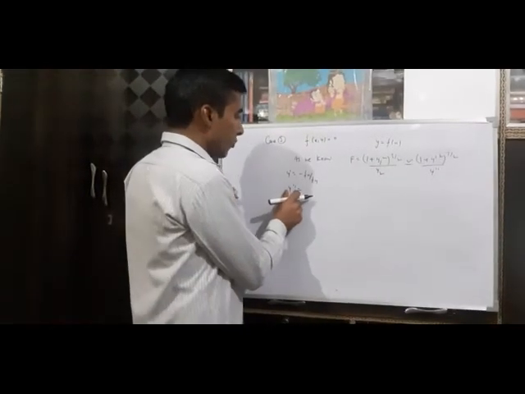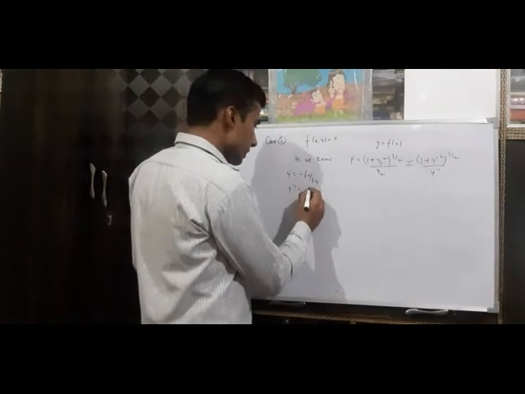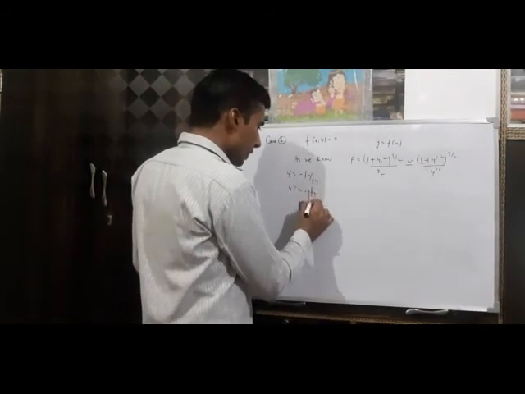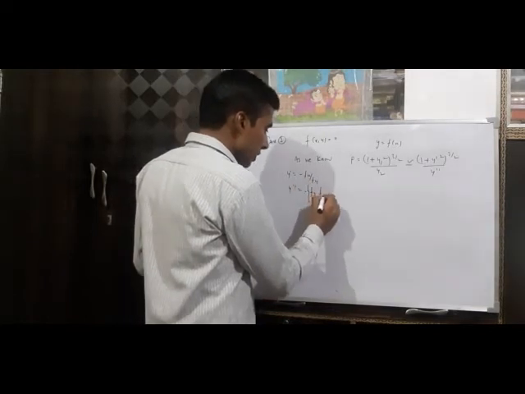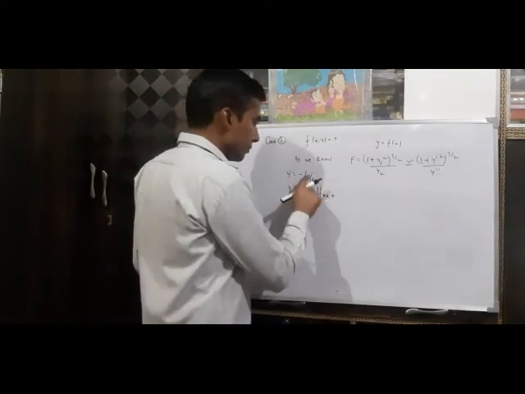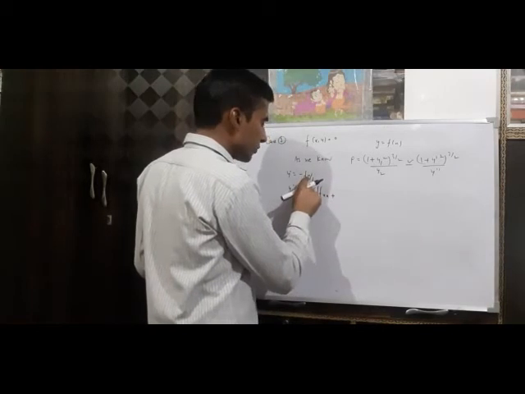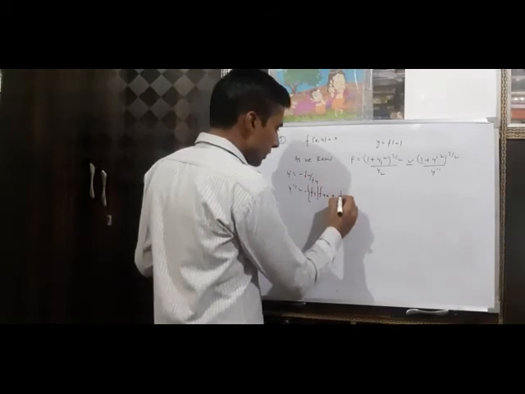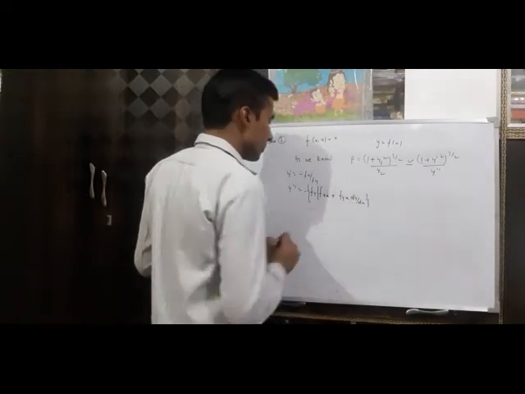Second derivative of y with respect to x is minus f_y as it is, and the partial derivative of f_x with respect to x. So it is f_xx plus, now partially differentiate f_x with respect to y. This can be written as f_yx dy/dx.